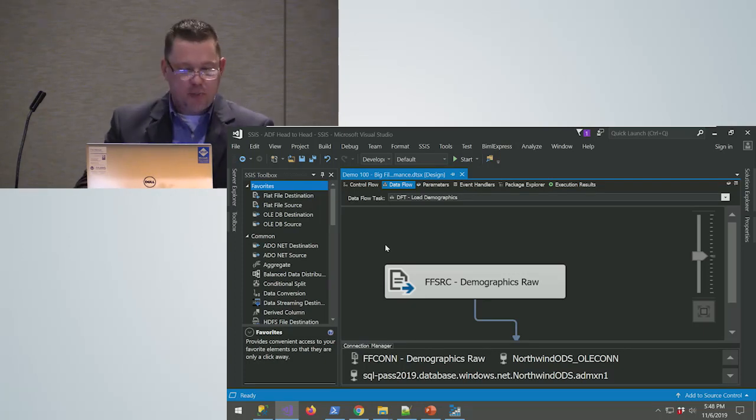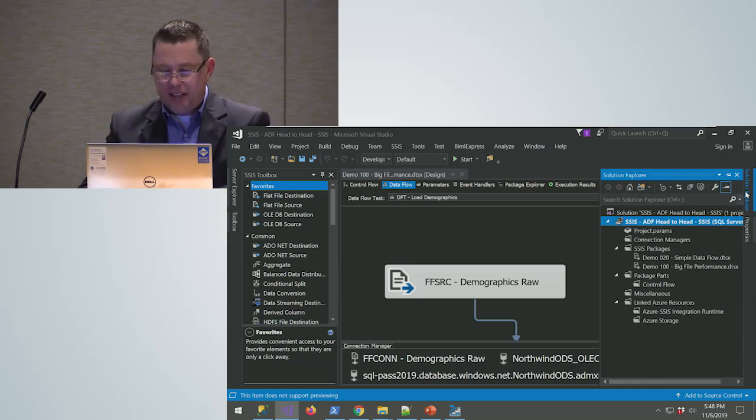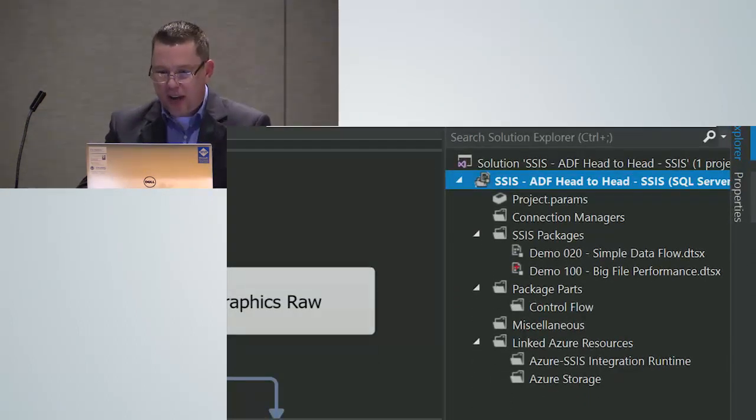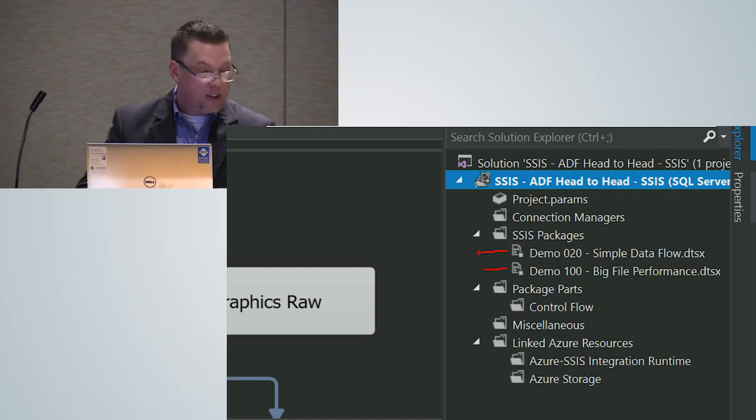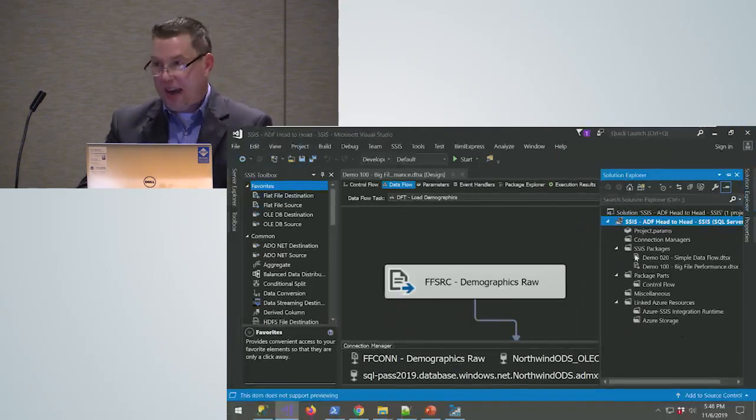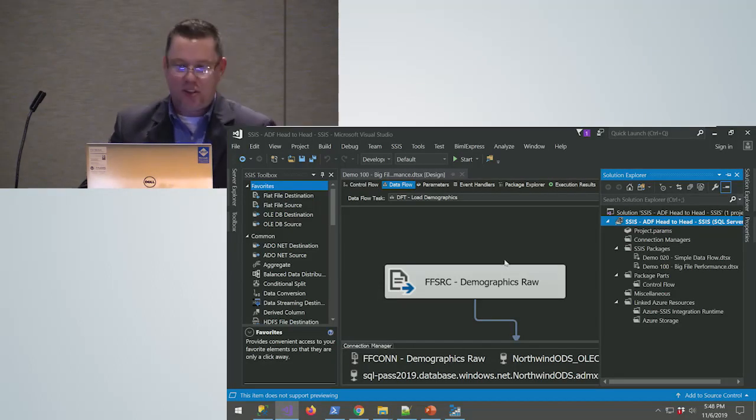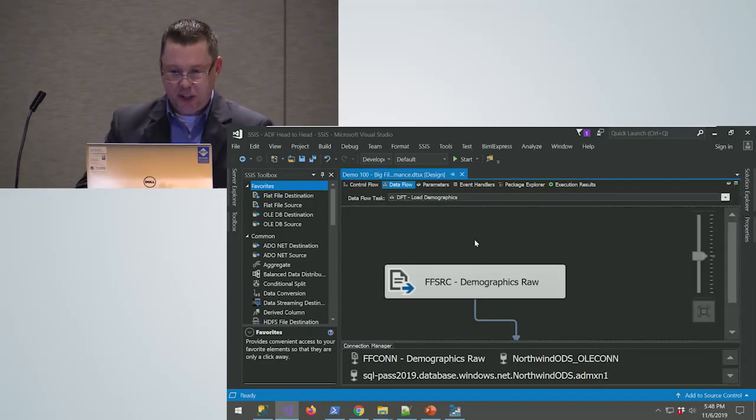Building an SSIS package is done in a version of Visual Studio called SQL Server Data Tools. In building an SSIS package, everything is arranged just like a development project, where I've got all my code assets over here. Under the hood, these are all just XML files that we're developing, but you don't want to hack that XML. That's really, really ugly XML, never intended for human consumption. The UI makes this really easy to do.